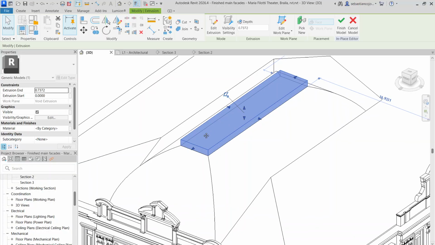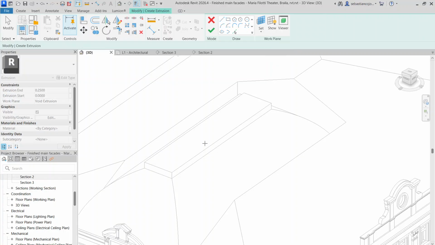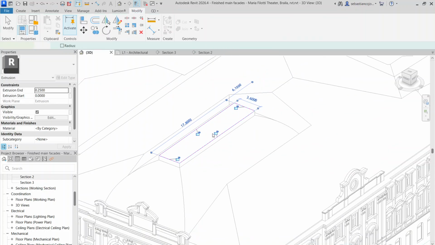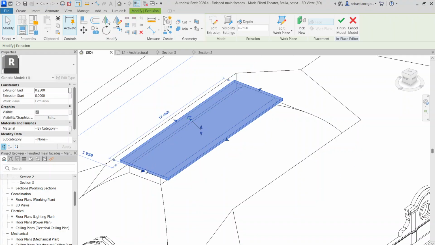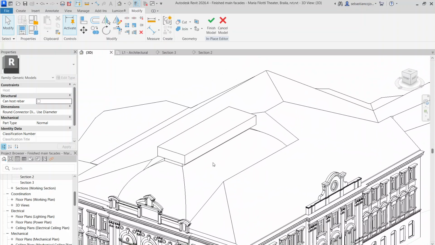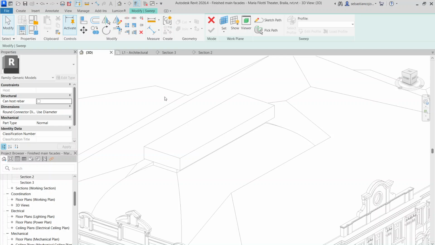Okay, create extrusion, set work plane in this one. And basically it is a bit extended. I extrude upwards, and when I create, let's say, a void sweep,